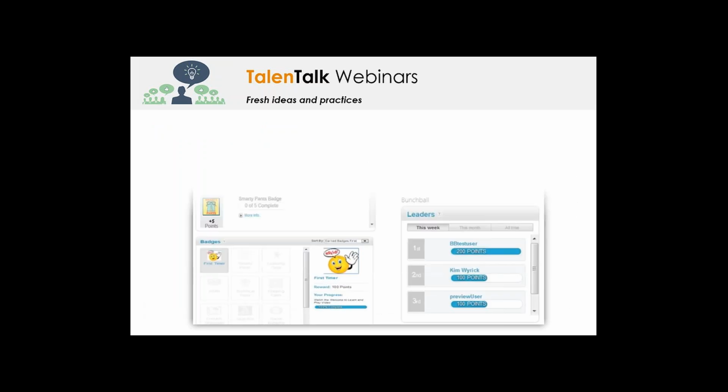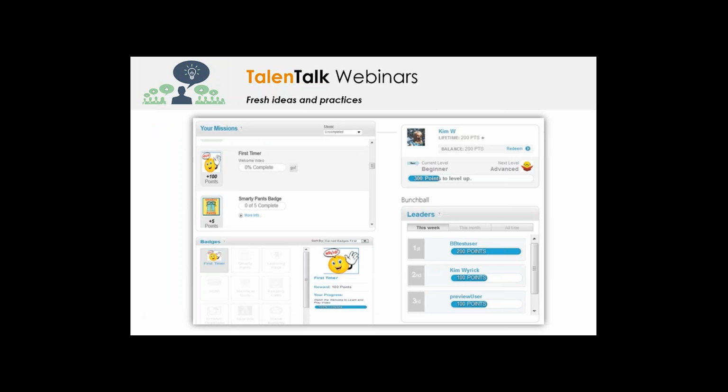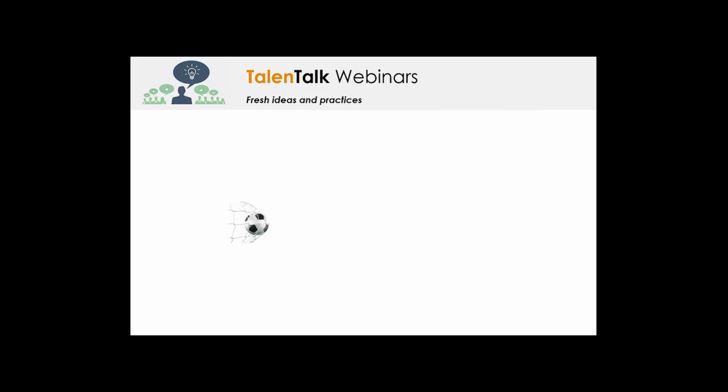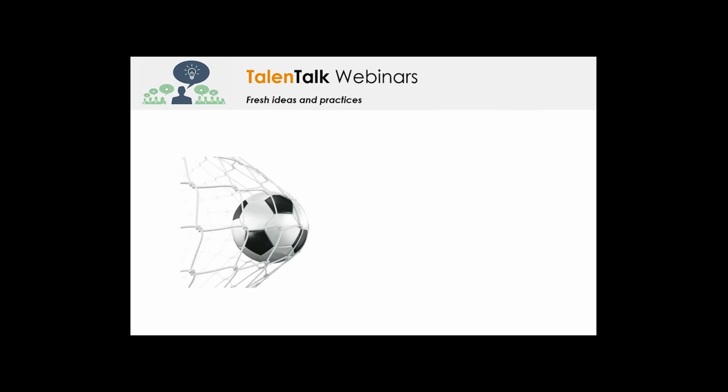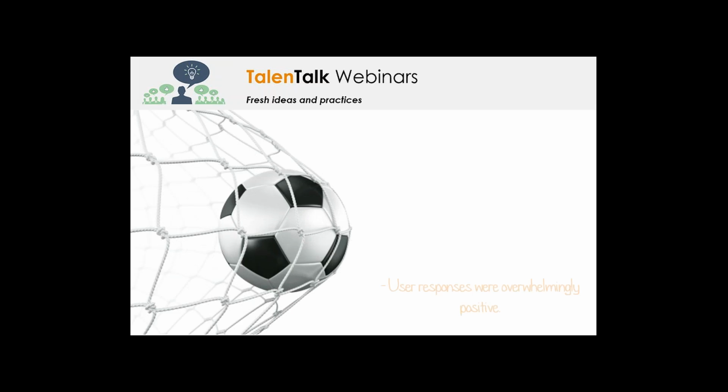And this is a solution of what that looked like within their learning management system, so not SuccessFactors, but you can see how a lot of the elements have been quite seamlessly integrated within their system with badges, missions, leaderboards, etc. And the results were that user response was overwhelmingly positive.